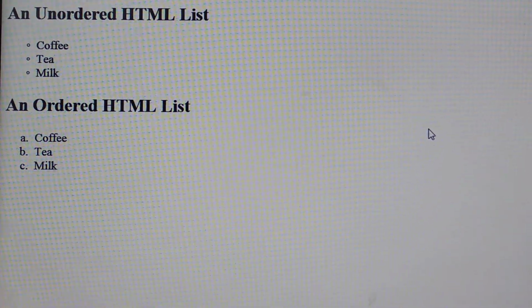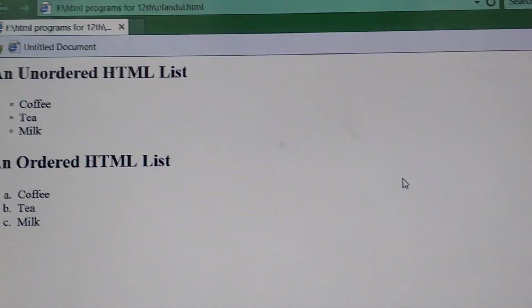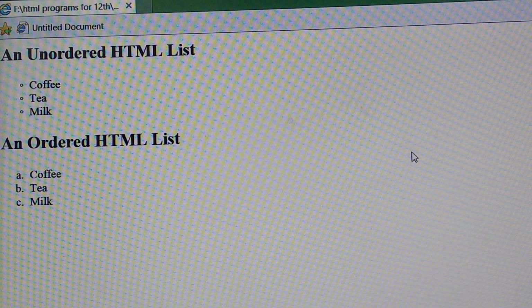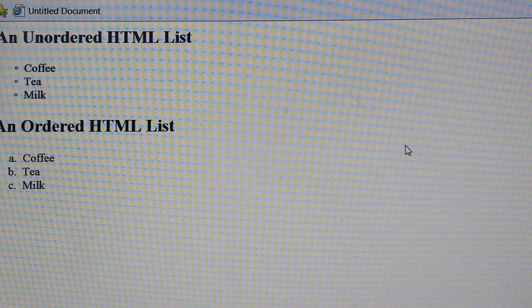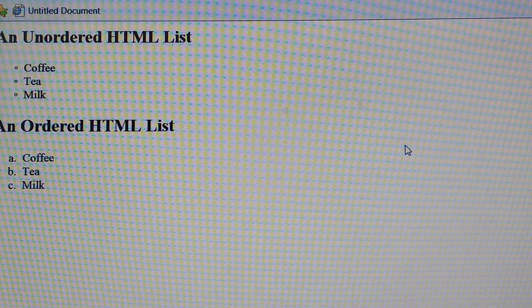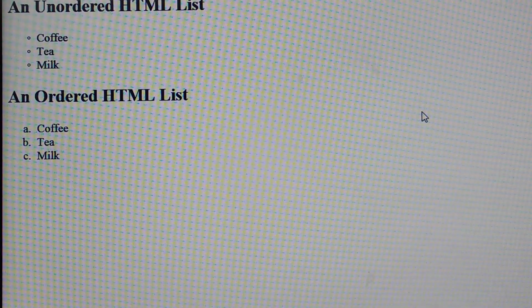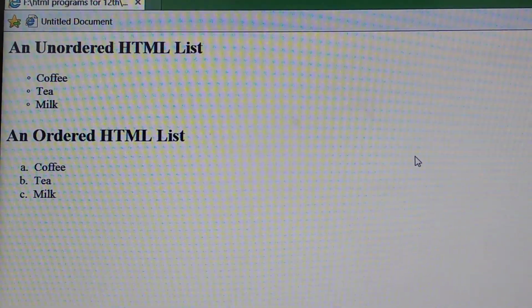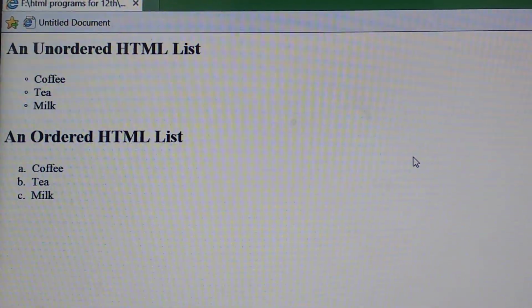These are the two types of list, ordered and unordered list. In the exams, the exam department can ask you either of the lists or both of the lists to type in the exam. For that, you should write properly the theory part and program part, whatever detailed knowledge you have got about that. Thank you students for watching this video.